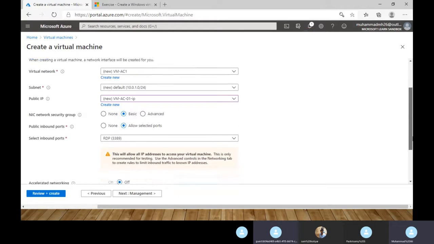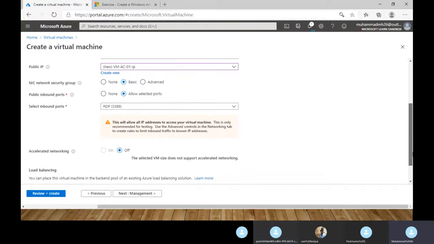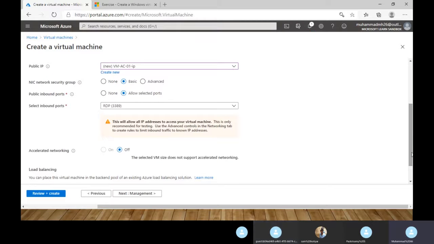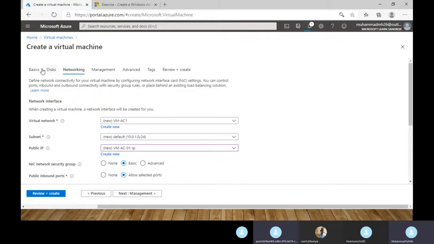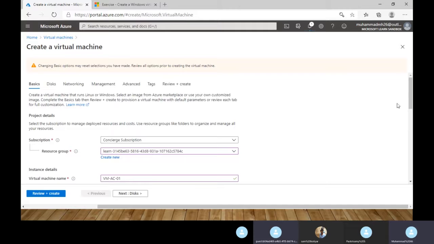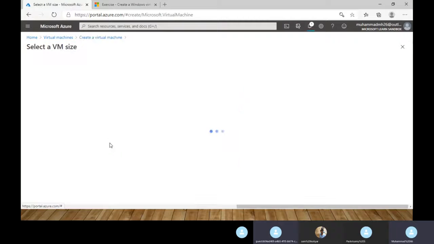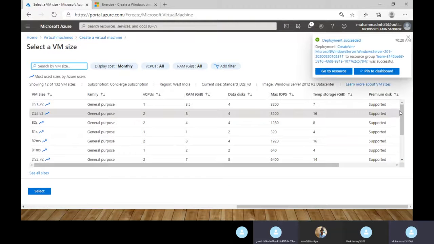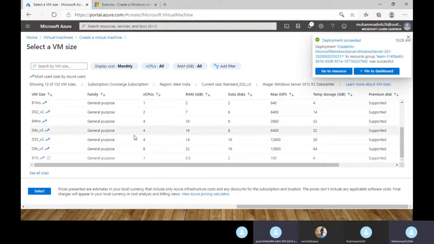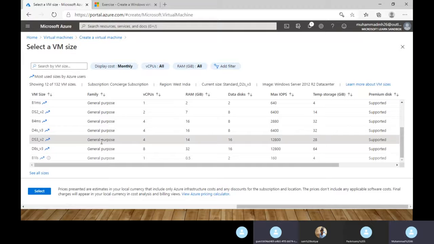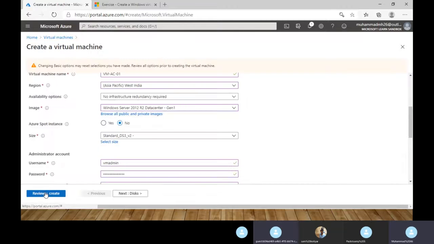Now you come here. This D series also won't accept this. As I said, only higher level machines will accept it. I am going to the DSV3, DS3 version.